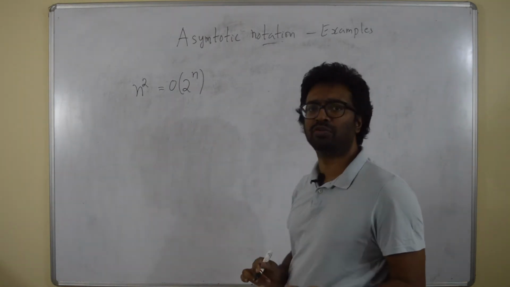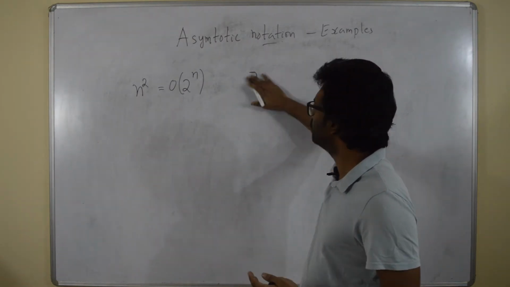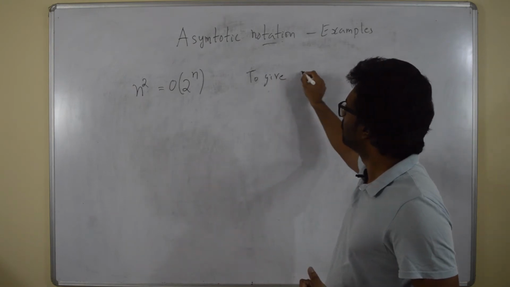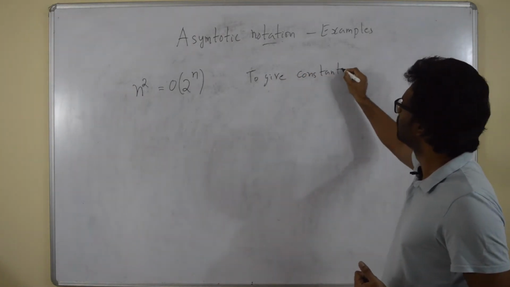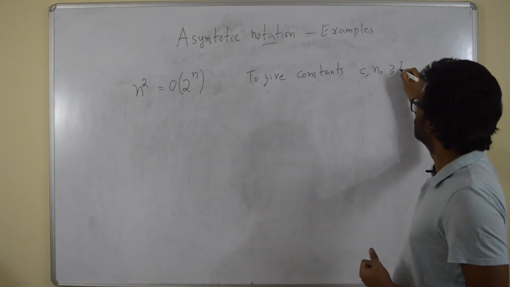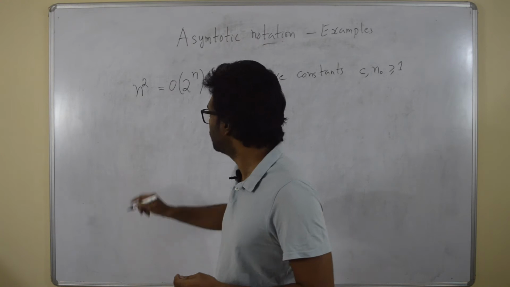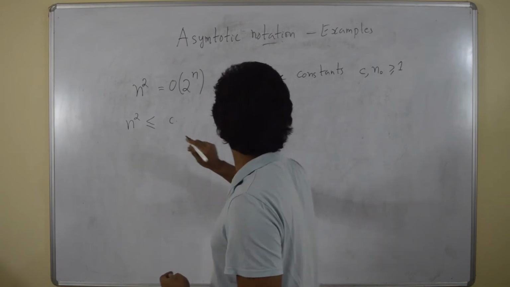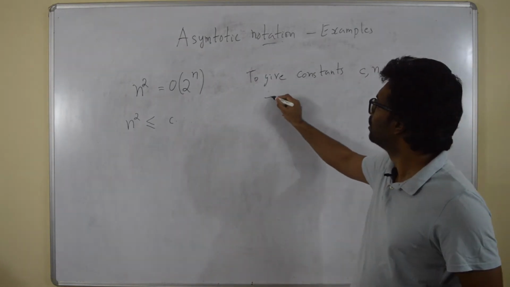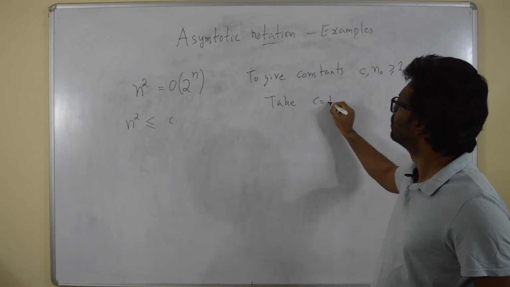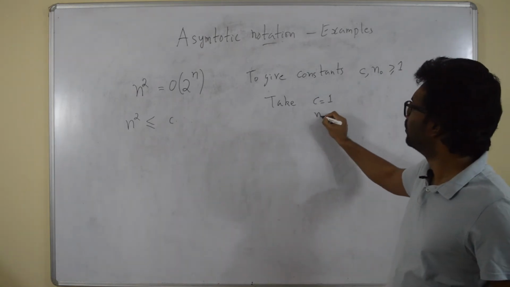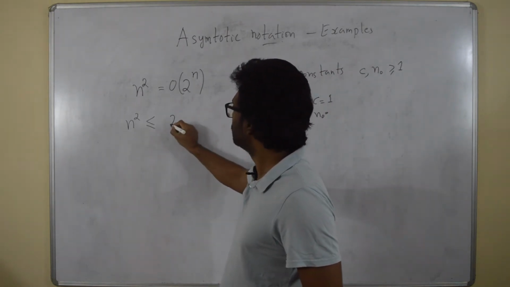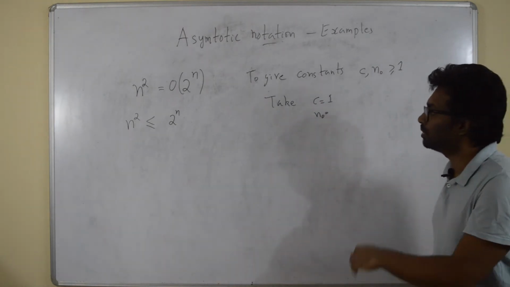So what if I have to prove this? What is it I have to do? I have to give constants c and n0 such that the bound holds. So I'm going to take c, and n0 we will come to it. Okay, right now I don't know what I'll be taking. So let's have c equal to 1, this is what I need to prove,